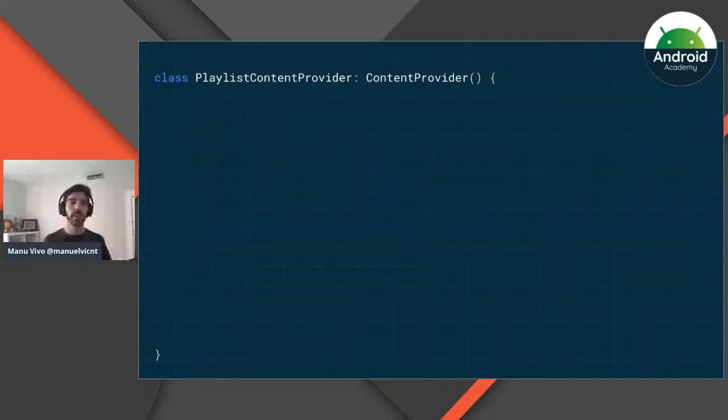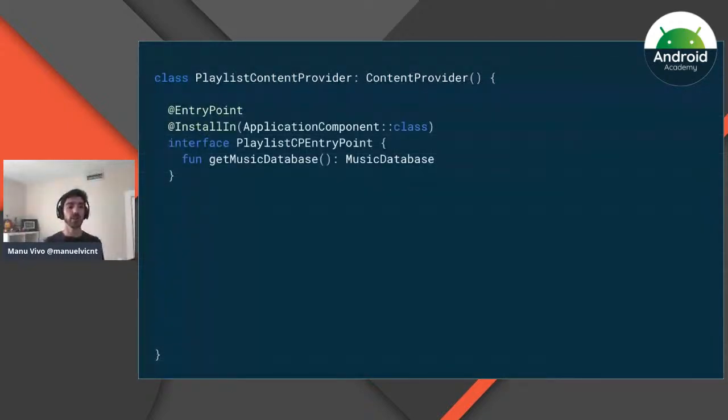For example, we have here the playlist content provider, and the way to grab dependencies from Hilt in classes that are not supported directly by Hilt is using an interface. So you have the interface, you annotate it with @EntryPoint, and then you install it in the application component. Here, it means basically we want to grab something from the application container. The classes that you want to grab are specified in the interface as methods. For example, if we want to grab the music database, we just have to specify that.